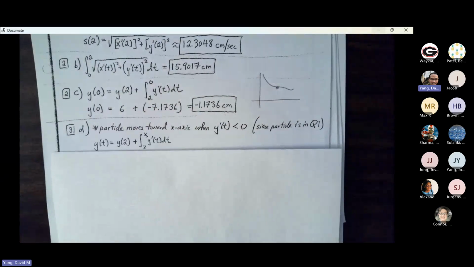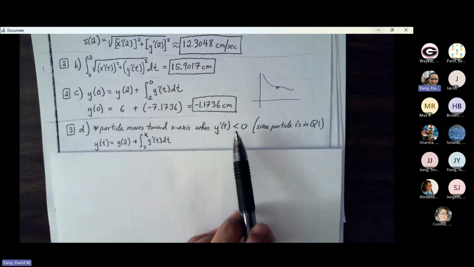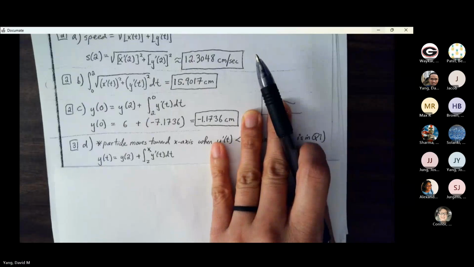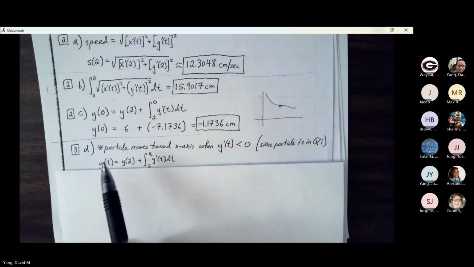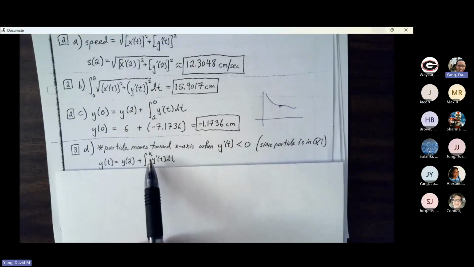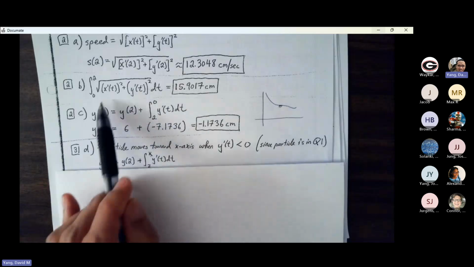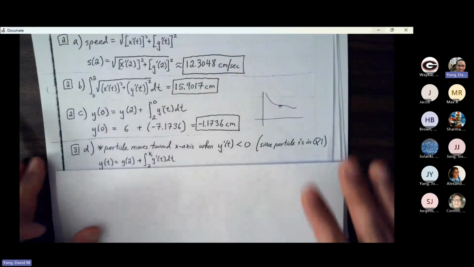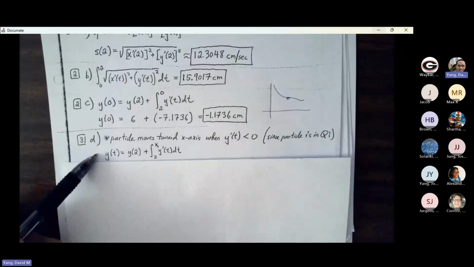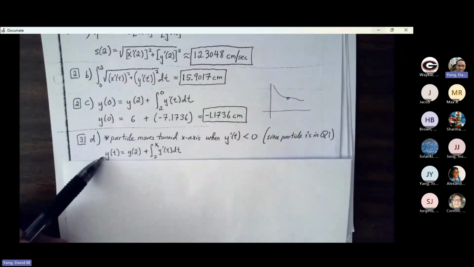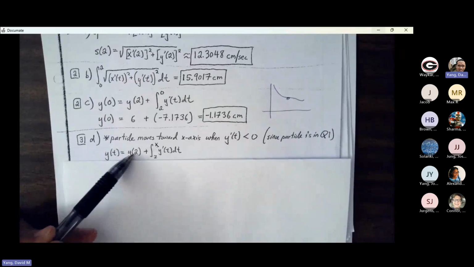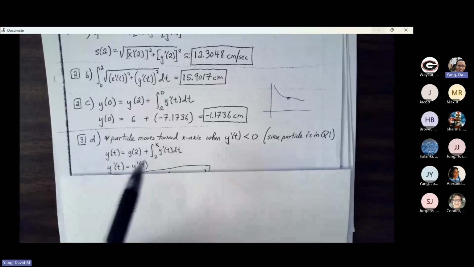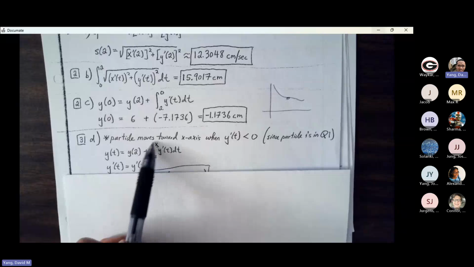So we can make the calculator do the work for us here, and let's build our y prime to begin with. We know that our y of t is equal to y of 2 plus the integral from 2 to x of y prime. This was our equation that we built from part C, and we can adapt it for y of t. So if I want to build y prime, I just find the derivative of each term. So y becomes y prime, y of 2 goes to 0,